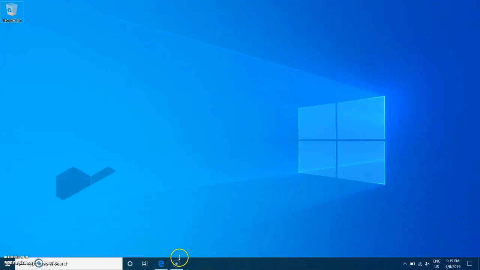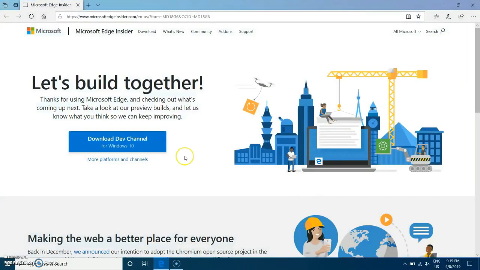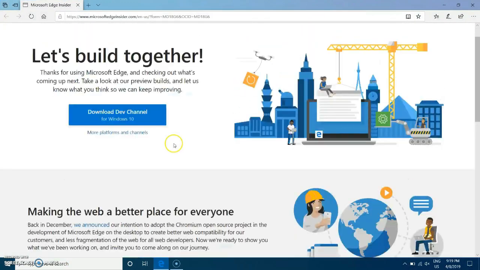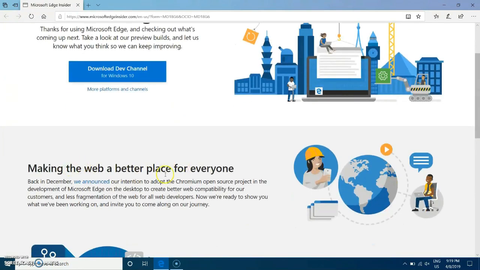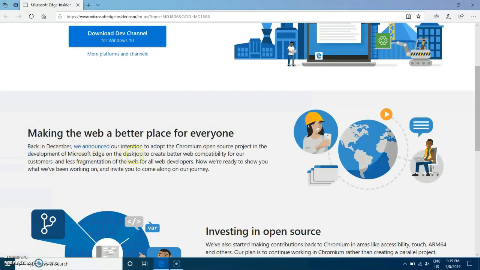Today we are taking a first look at the new Microsoft Edge built on Chromium. This is a project Microsoft announced back in December of last year. This is an entire rebuild of the Edge browser using Google Chrome. Going forward, if you don't know, Google Chrome is built on something called Chromium and uses the Blink rendering engine. And now Microsoft has adopted that codebase and is building its own browser on top of that.